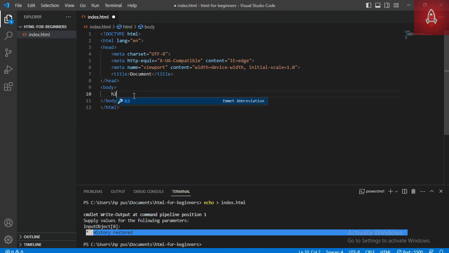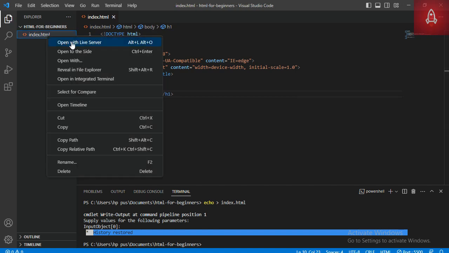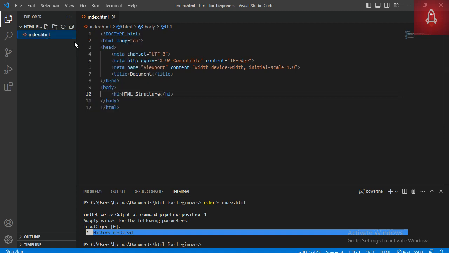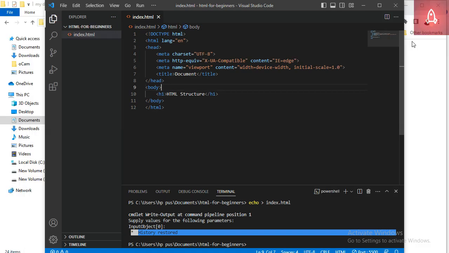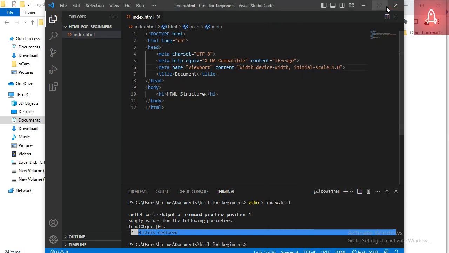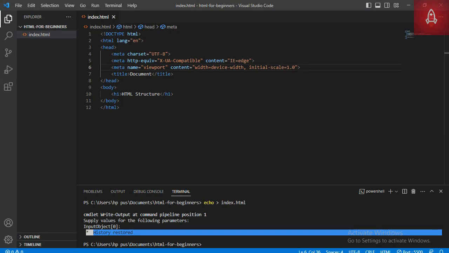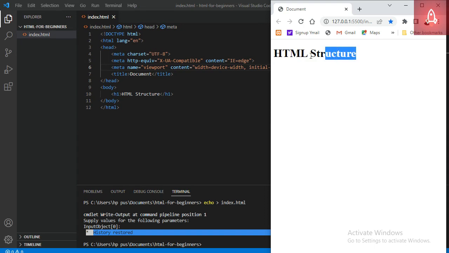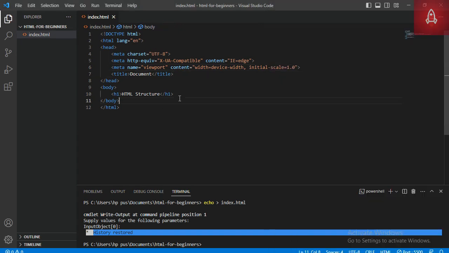So for example, I'm going to put an H1 here and say HTML structure and then hit save. Now you click on open with live server once you have installed the live server extension, and once you do that, you see here that it opens up on our web browser. So the HTML structure consists of the body and the